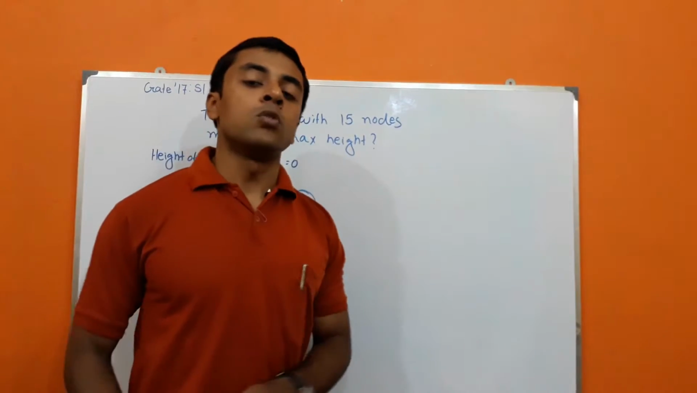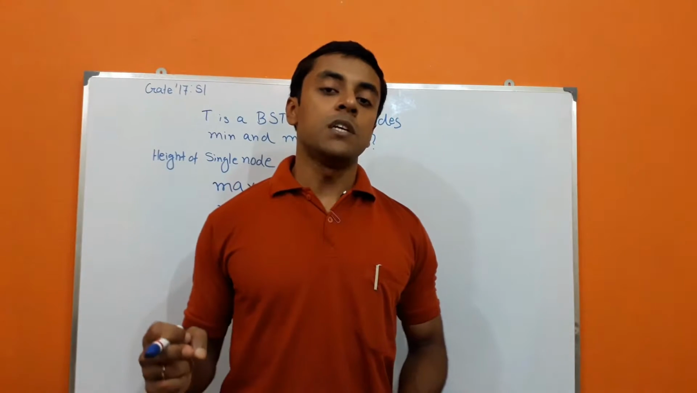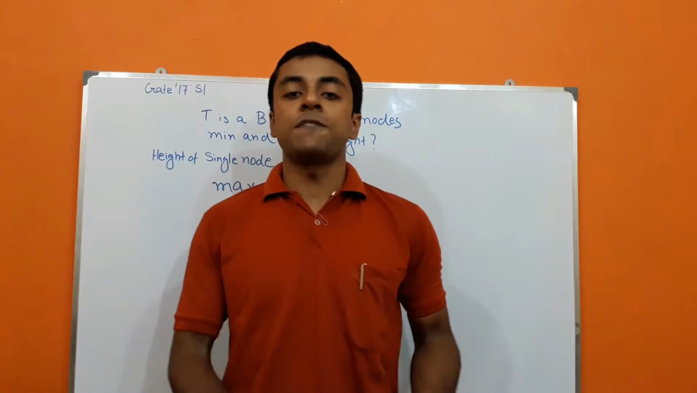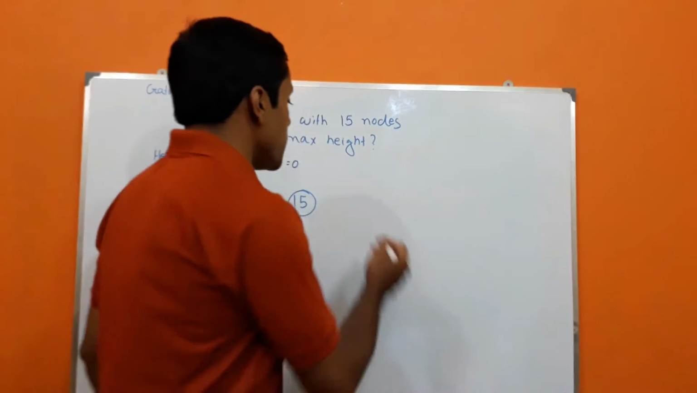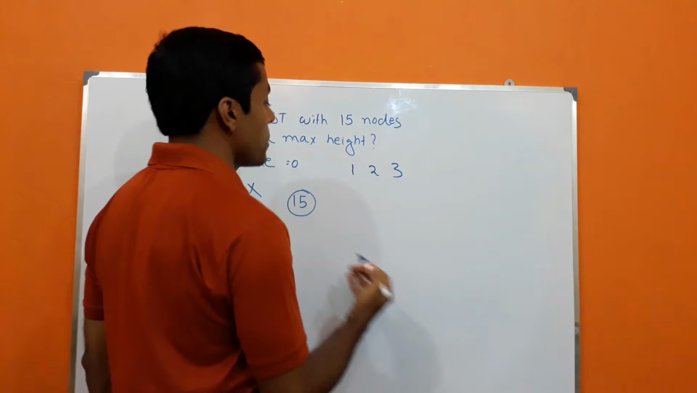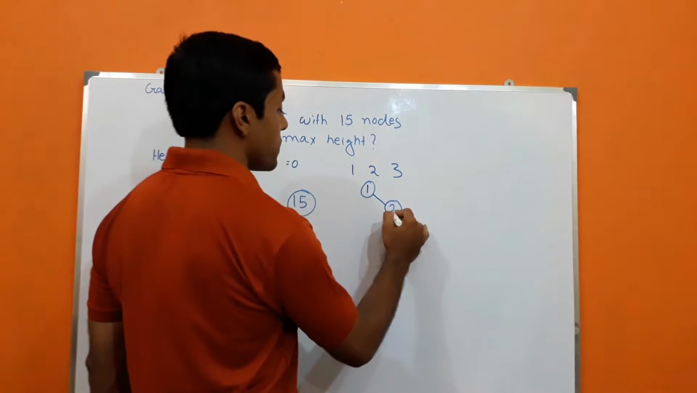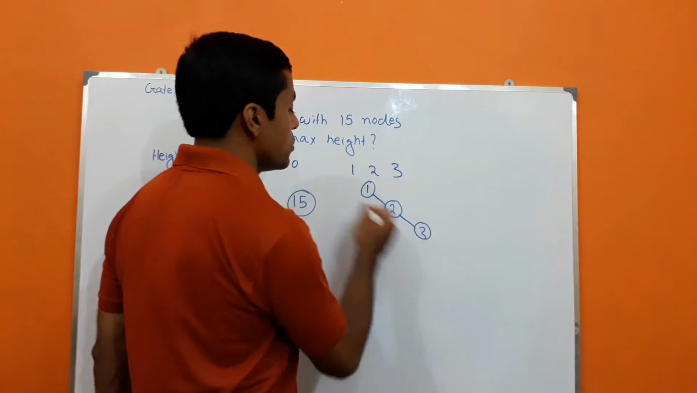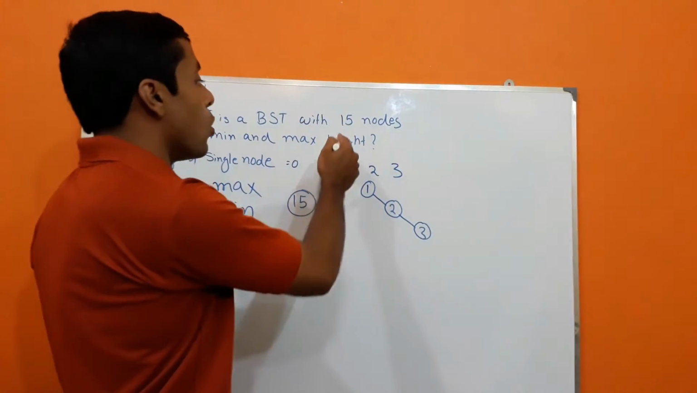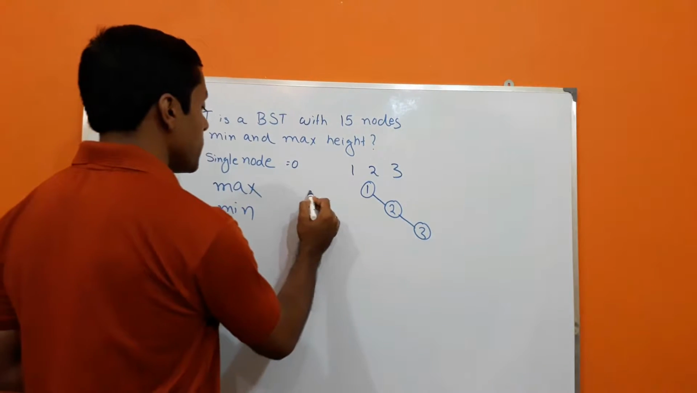Now if we have n nodes, then the maximum height of the tree can be achieved if the tree is skewed, that is, if the tree is right skewed or left skewed. For example, if we have 3 nodes, suppose 1, 2 and 3, then the maximum height is possible if I draw a skewed tree, right? This is a skewed tree. So if we have 15 nodes, the maximum height possible will be,